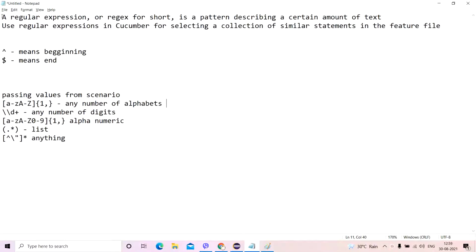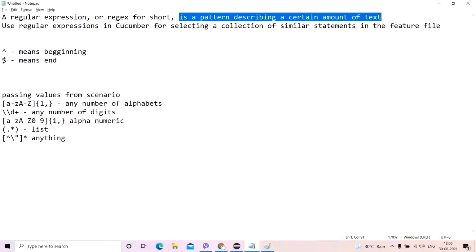First and foremost, what exactly is a regular expression, or in simple terms, we also call it regex. It is a pattern describing a certain amount of text. Let's say, for example, your date of birth is 10th June 1995. It has a number in it, as well as a date format in terms of June, as well as a year format.